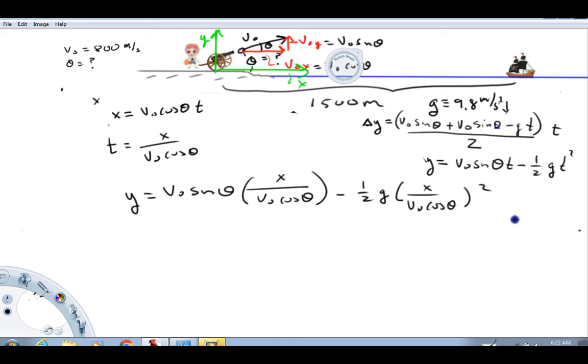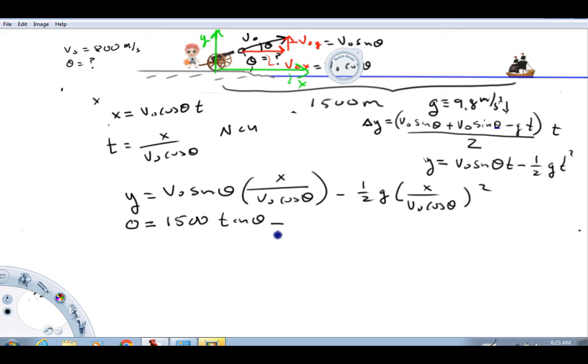The unknown is theta. So in this example, I'm going to go ahead and write this equation out. At this point, I'm just going to put numerical values everywhere where I have them. So basically, if Timmy gets a hit, the y coordinate is 0. Now you'll notice the v sub o's here cancel. X is 1,500 meters, and I'm going to write this without the units because I don't have a lot of room, so I'm just going to put NCU for note consistent units. So there's my x, the v sub o's cancel, and then what we have here is tan theta